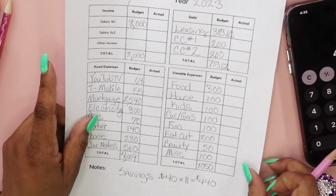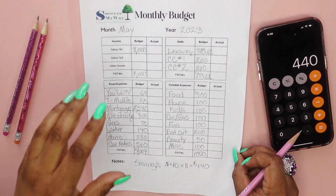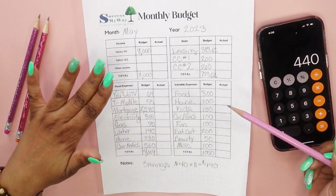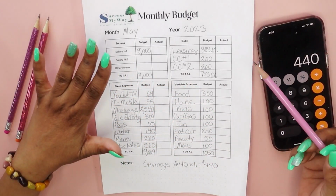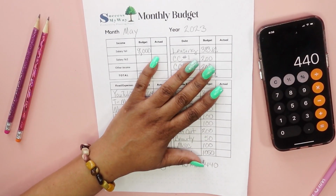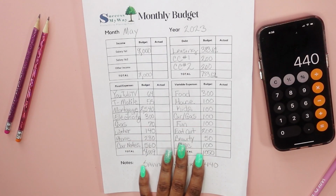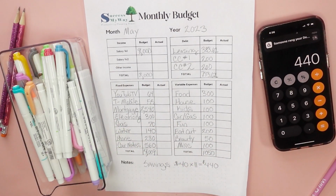So what I'm going to do now, the last part of this, and I'm going to zoom out so you can see the whole thing. Okay, so the last part of this, now that I figured out my debt, my fixed expenses, my variable expenses, now I'm going to color code. This is where the color comes in, and I need my midliners. Hold on. All right, so for, oh, that's somebody at my door. Okay, so